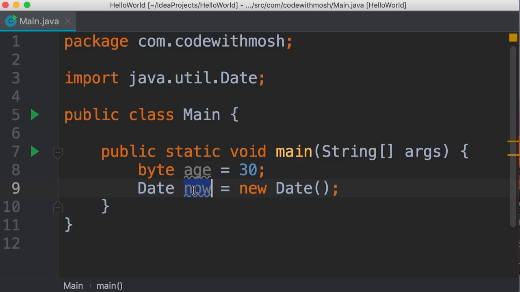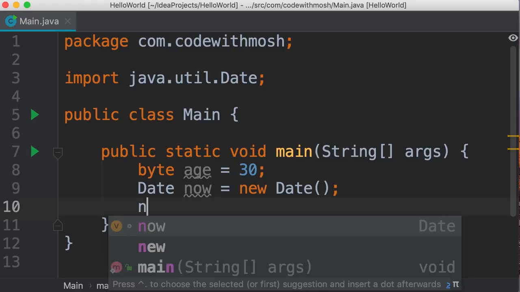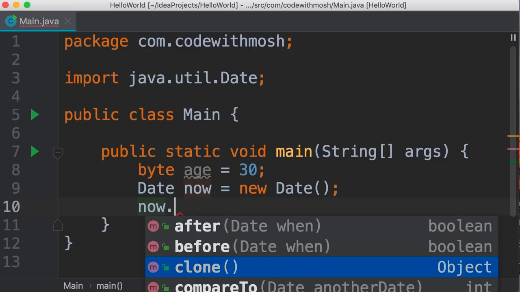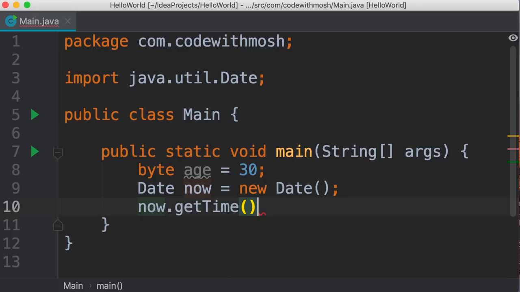In this example, this variable we have defined here is an instance of the Date class. So this class defines templates or blueprints for creating new objects, new instances. As another example, we can have a class called Human, and we can have objects like John, Bob, Mary, and so on. So an object is an instance of a class. Now, these objects have members that we can access using the dot operator. So we can type now dot, and these are all the members defined in this class or in this object. For example, we have a method called getTime, and this returns the time component of this object.